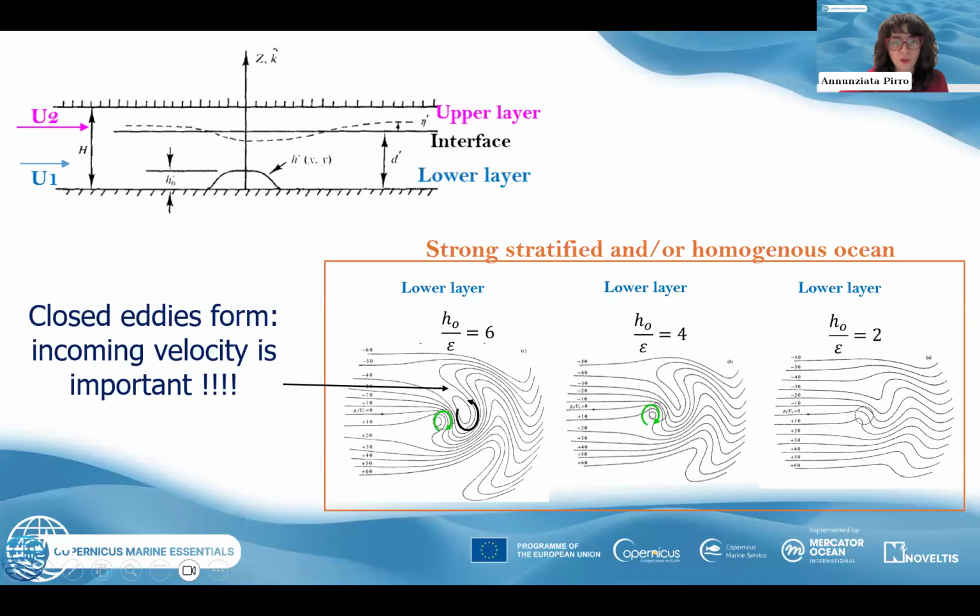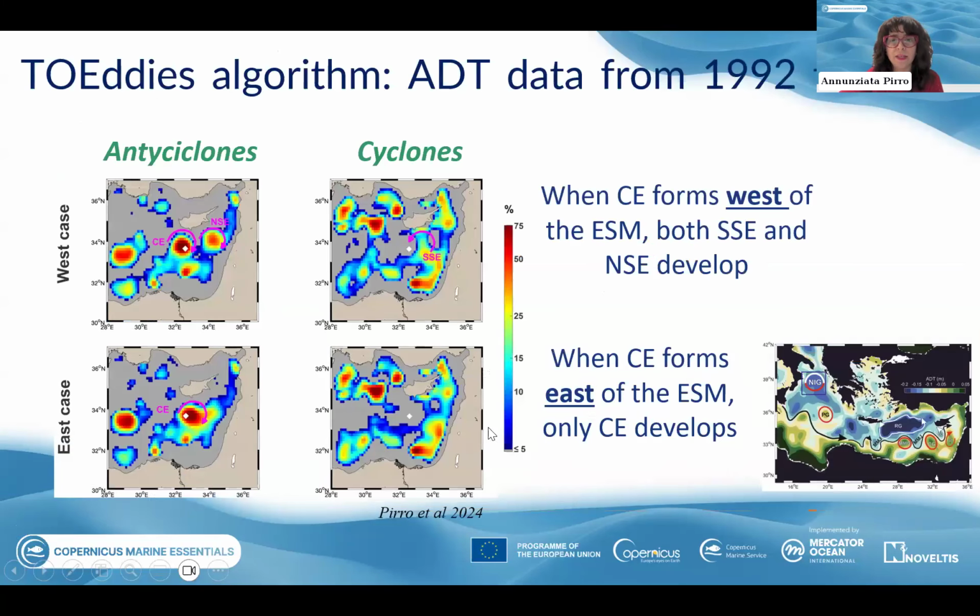And this ratio is a non-dimensional parameter that takes care of the incoming velocity. So the incoming velocity is the key element that generates these nice waves and nice eddies. So what I did, I took the absolute dynamic topography of 20 years of data from Copernicus Marine Service. We constructed an algorithm, and we realized that